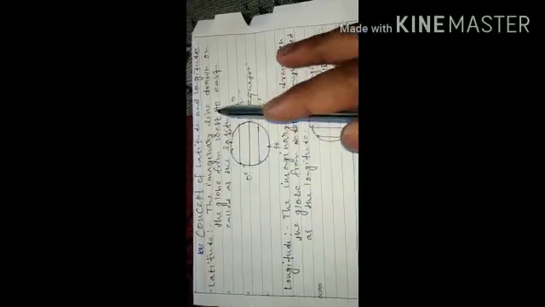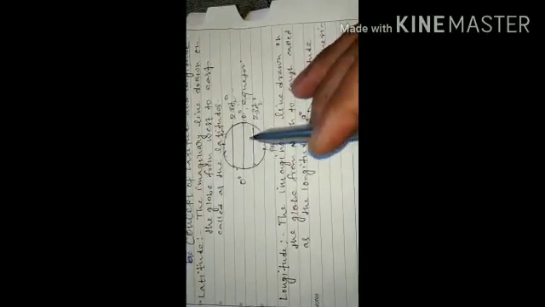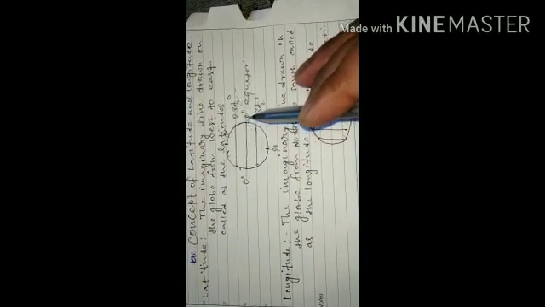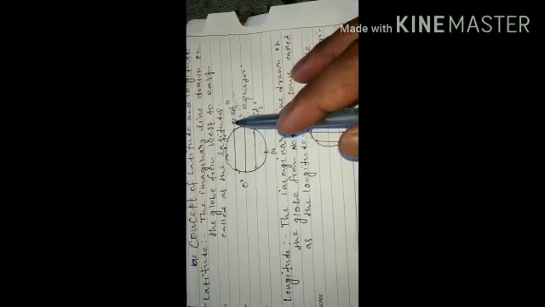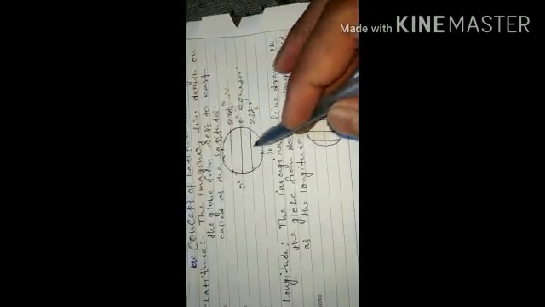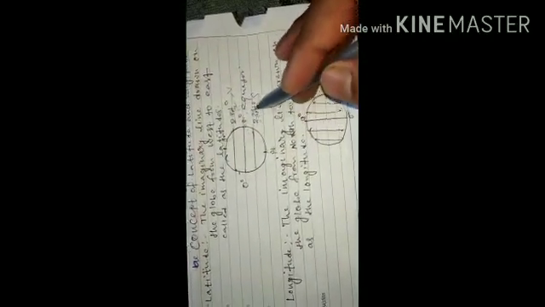Latitude: the imaginary lines drawn on the globe from west to east are called latitudes. For this I have drawn a rough map here. This is the globe model of the earth. Here it is 0 degree latitude, that is called the equator. From the equator, at 23.5 degrees north, this is called the Tropic of Cancer. Moving to the bottom, the southern region, at 23.5 degrees south of the equator, this is the Tropic of Capricorn. Equator, Tropic of Cancer, Tropic of Capricorn, these are examples of latitude.